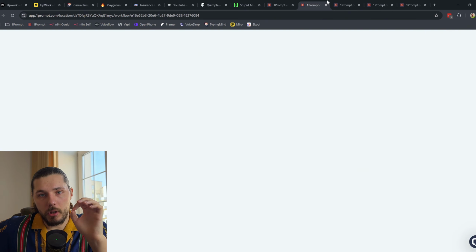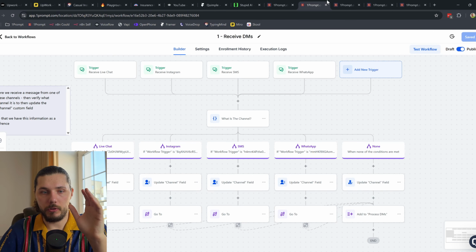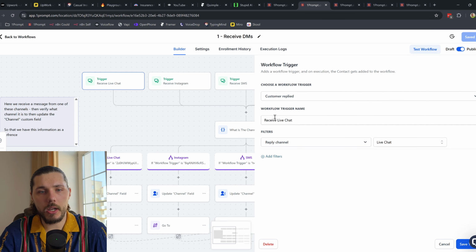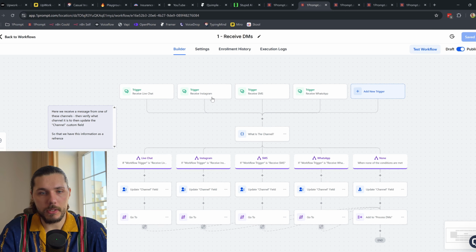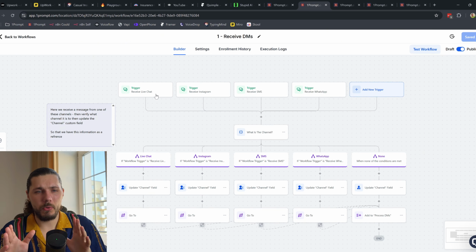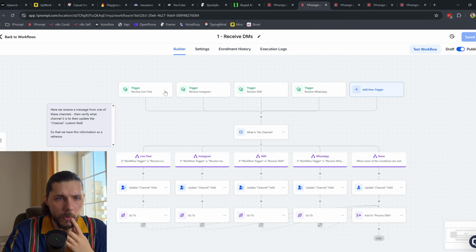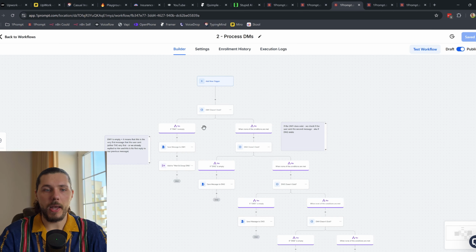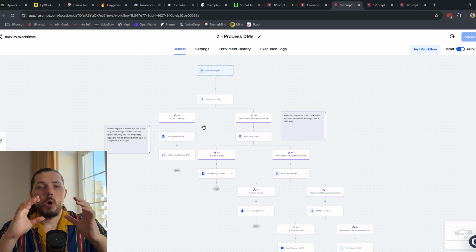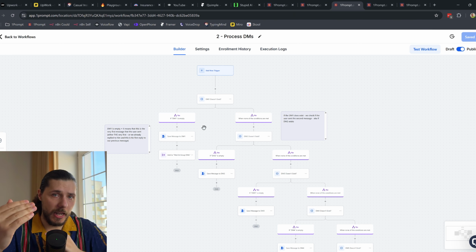The first action here is when someone sends us a message, right? So we are triggering, and again, because this is a whole suite, we can deploy it through Instagram, SMS, WhatsApp. So I'm trying to keep it simple for you right now since we're talking about the live chat. When someone sends a message here, we are triggering the live chat, we're doing some manipulations, and then here, this is the magic step, right? So here we are capturing all the replies that the user says